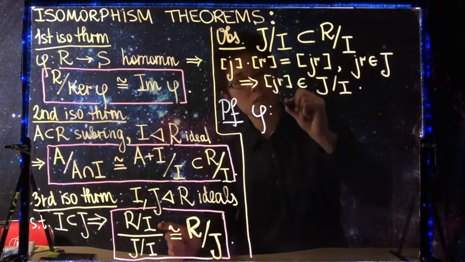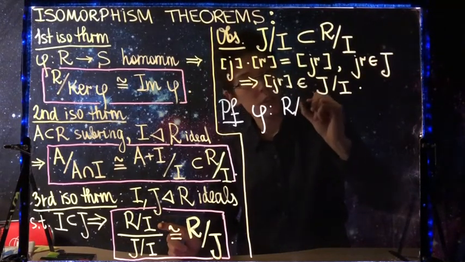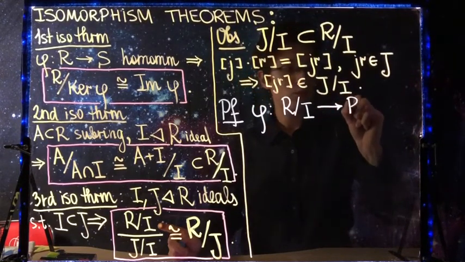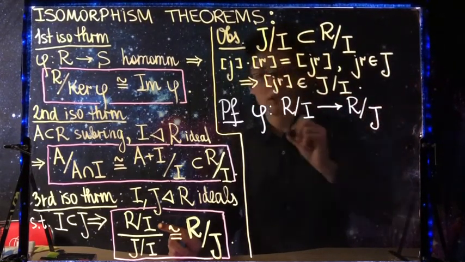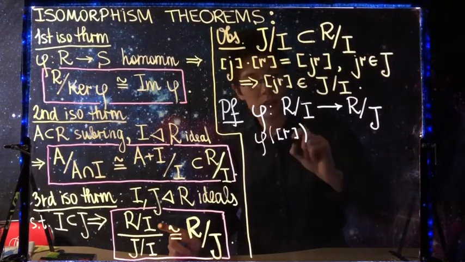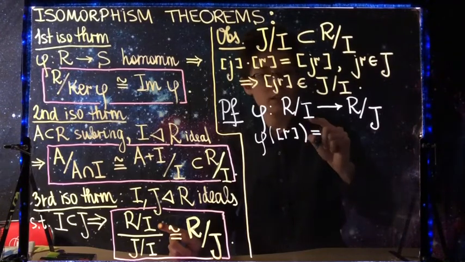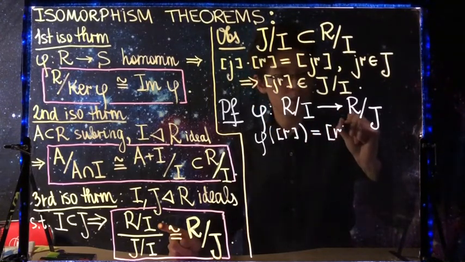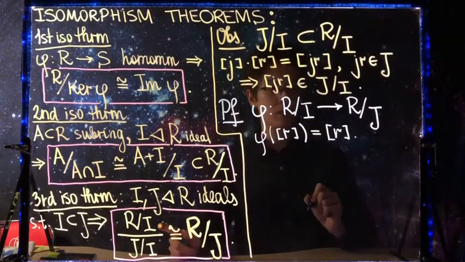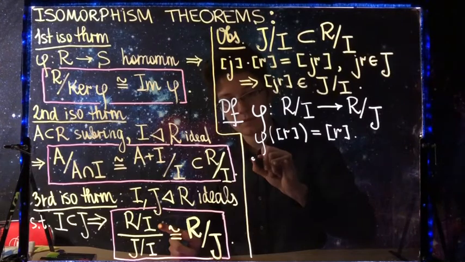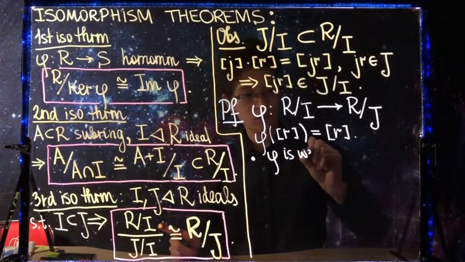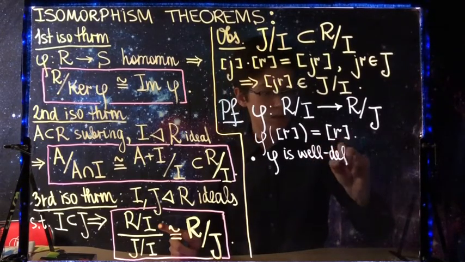We construct a ring homomorphism from R mod I to R mod J, which sends the class of r in R mod I to the class of r in R mod J. And we see that phi is well defined,